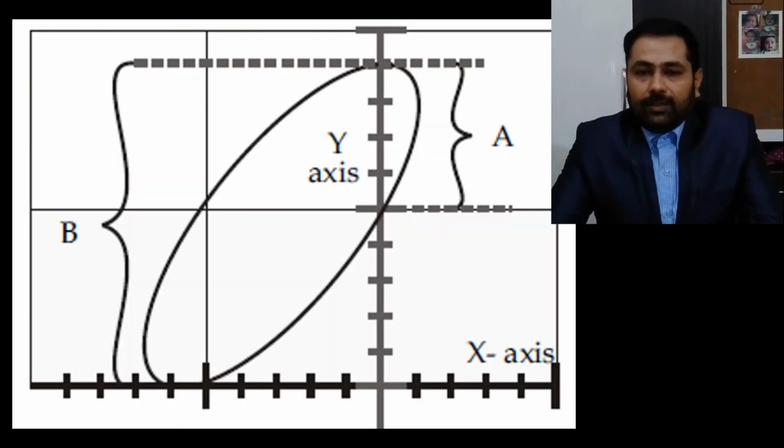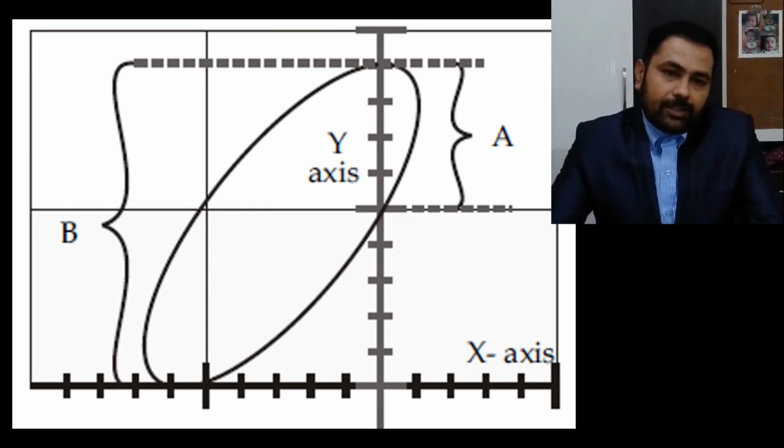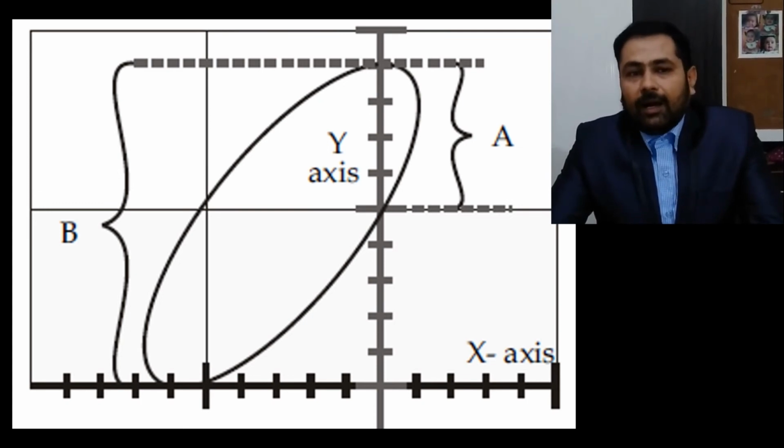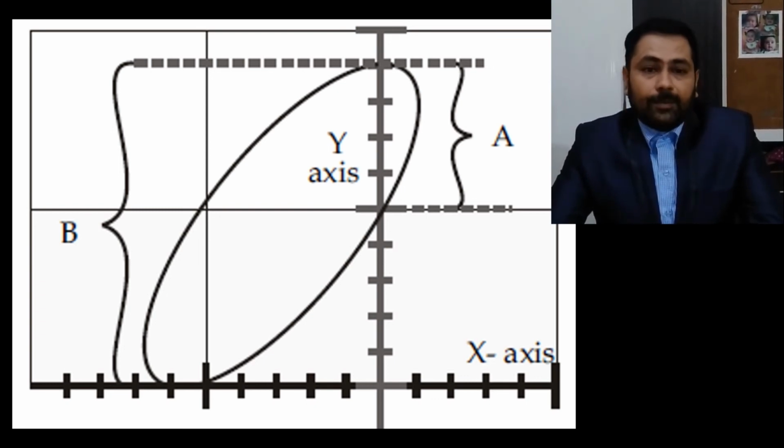You can see on the screen that phase is the time relation between two alternating quantities. CRO can be used for phase angle measurement between two signals. For this, the internal time base generator is kept off, and the two signals whose phase difference is to be measured are applied to the y and x inputs simultaneously. If the frequency of both signals is the same, the CRO displays an ellipse-like Lissajous pattern, shown on your screen.